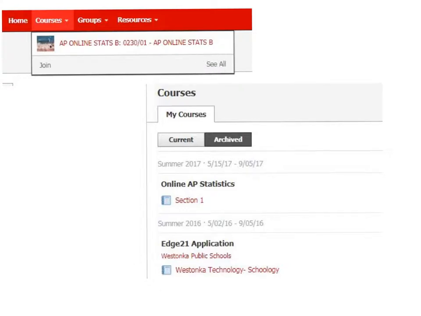But if you click the See All button, what it's going to show you is all the current courses that you have, and it typically defaults to current. You're going to notice the word archived. If you click archived, you will actually see our first semester online AP stats class, probably with some of your other courses you're taking. So click on that course to get the first semester course results, and then go to its Mastery icon,